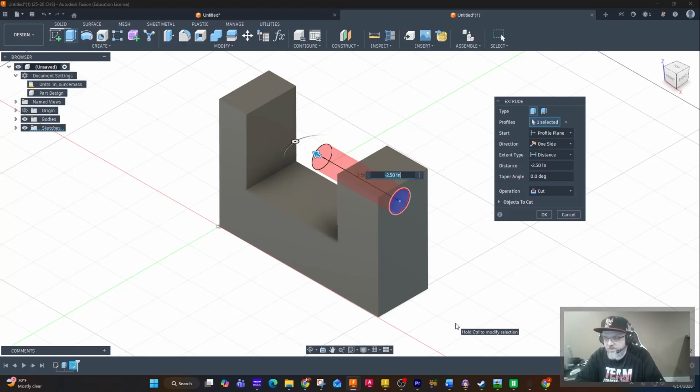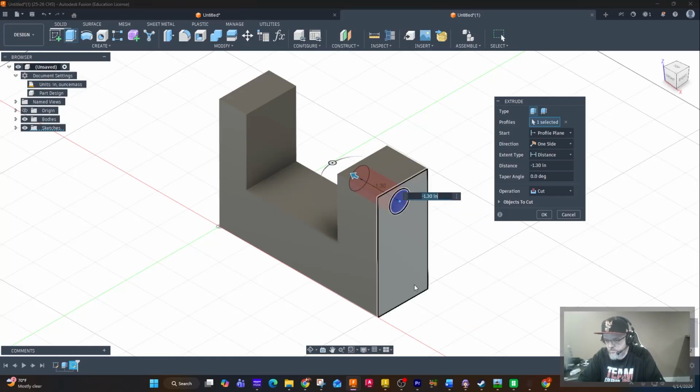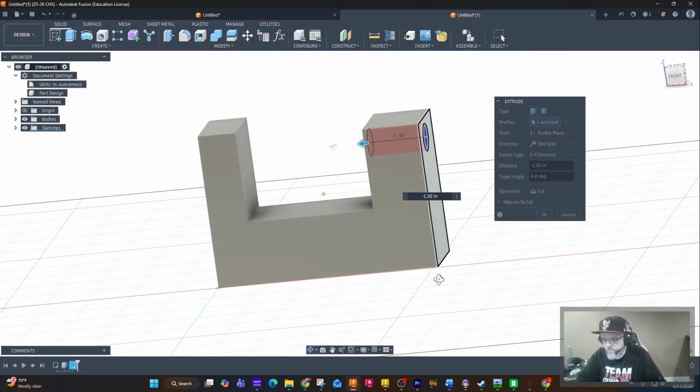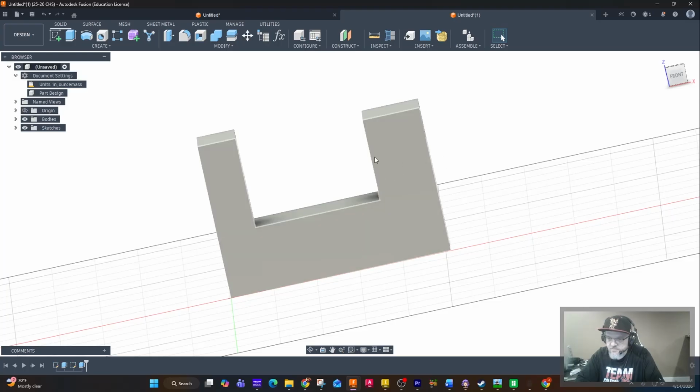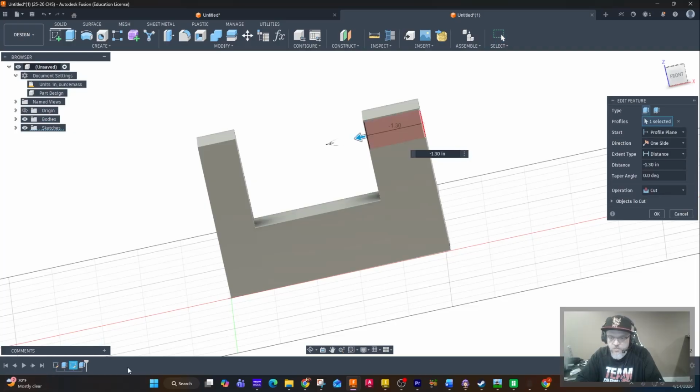Big call out for distance is if you put in a number, so say we make this 1 inch, or negative 1.3 inches, and then all of a sudden, after we cut it, we decide to make this arm here thicker. The cut is still going to be 1.3 inches, so it may not go all the way through anymore. So if we want to make sure it goes through this arm only, instead of doing distance, we would do